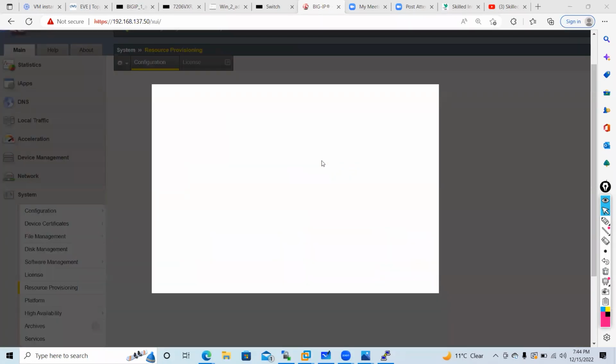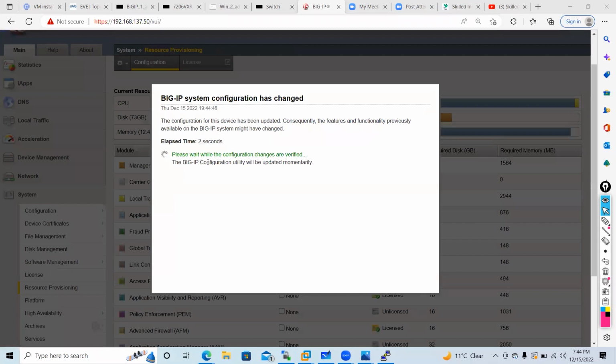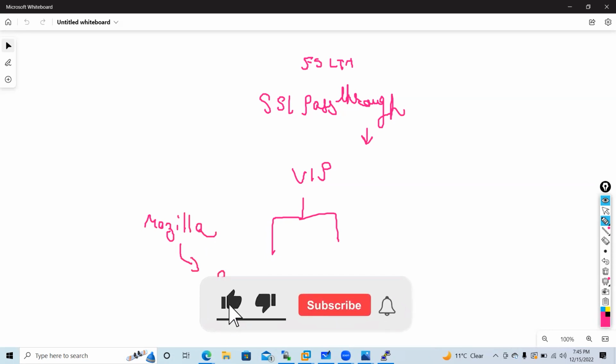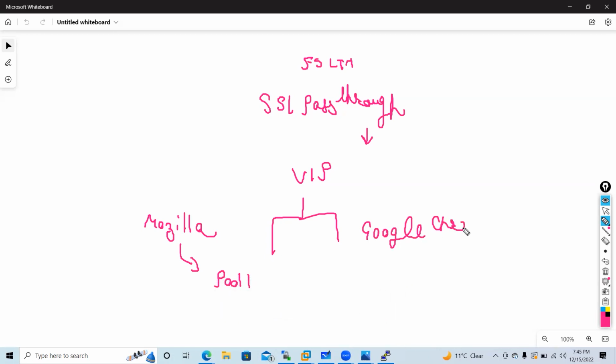Now, guys, another question is one that was asked by my colleague. I have a scenario where I'm using SSL pass-through in F5 LTM. If someone is coming from Mozilla Firefox, it should go to pool 1, and if someone is using Google Chrome, let me give you a simple scenario.